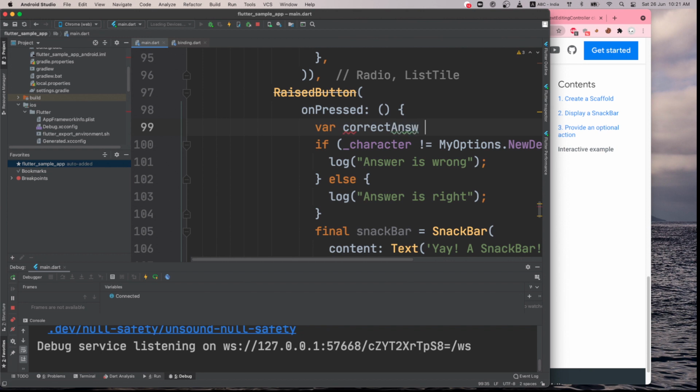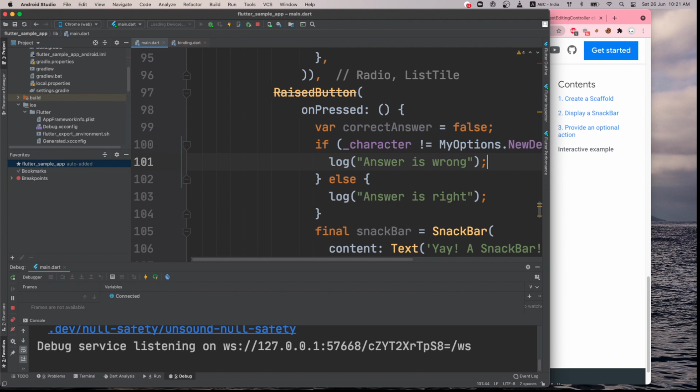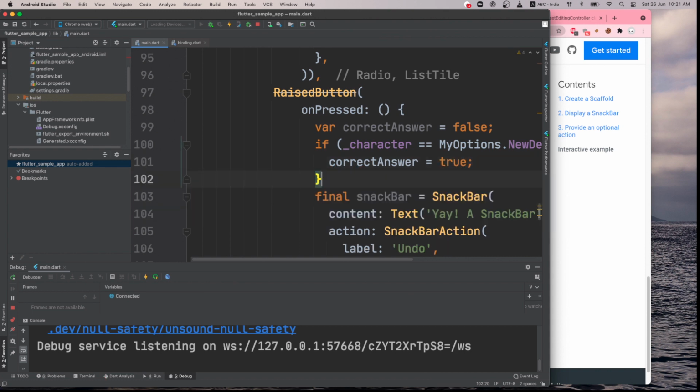correct answer equal to false, and here if it is equal to New Delhi, we'll say correct answer is true, and then we don't need this else condition.